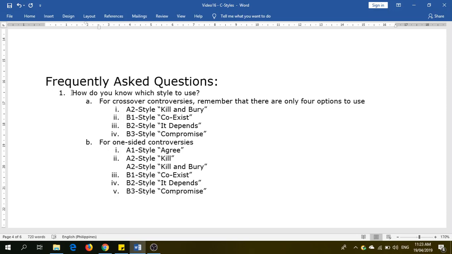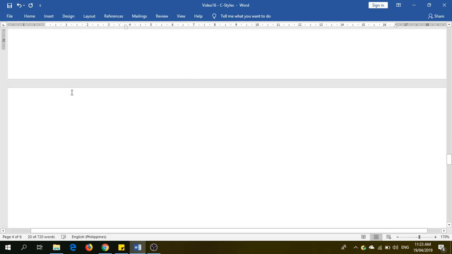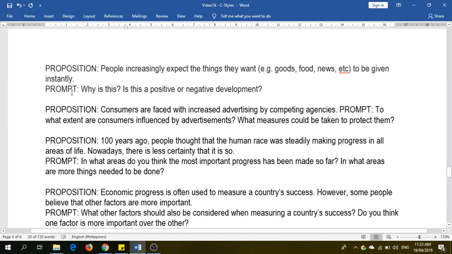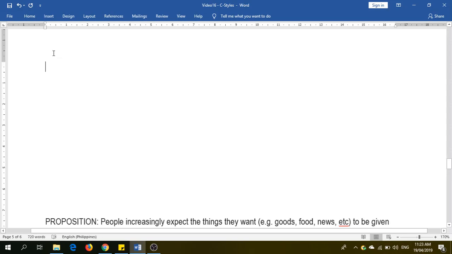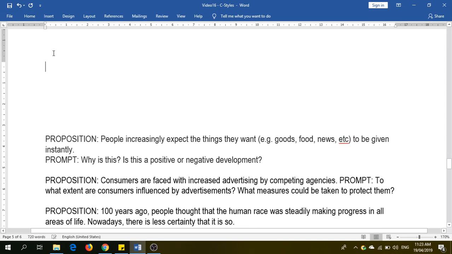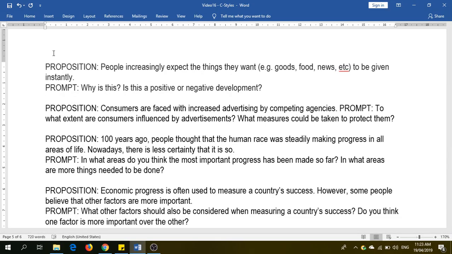So basically, we're really only talking about five argumentative techniques. Whether or not the question is a two-part question, or just a to what extent question, or a discuss both these views question, we are just talking about five fundamental argumentative styles. Okay, so that being said, it's time for me to demonstrate. Now, before that, I'll have to show you some question prompts that are undoubtedly A1 styles, or two-part questions.